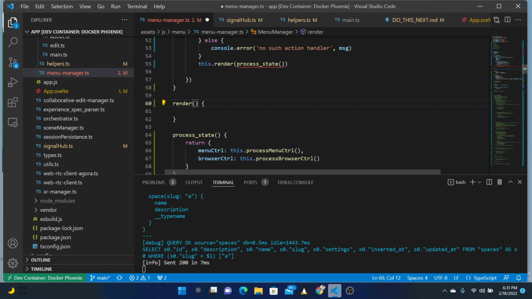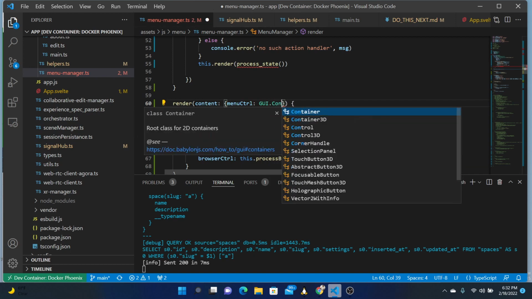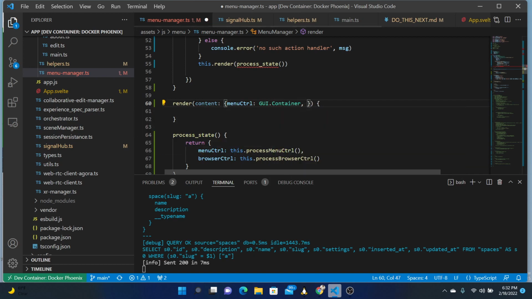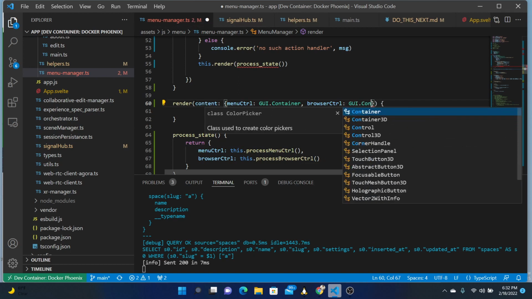And then it'll be content, and the shape will be menu control, which is a kind of GUI container, and browser control, which is a kind of GUI container,